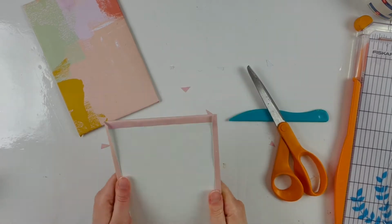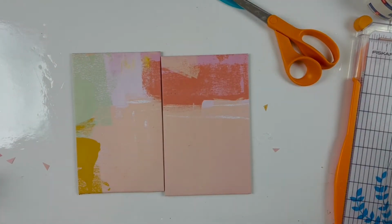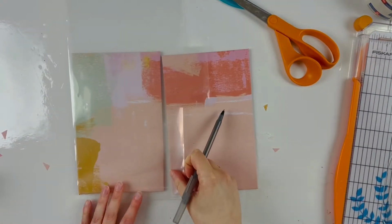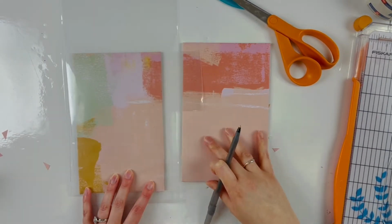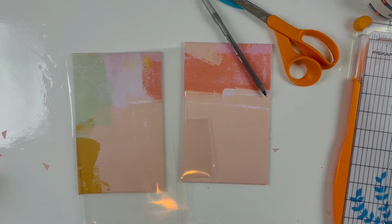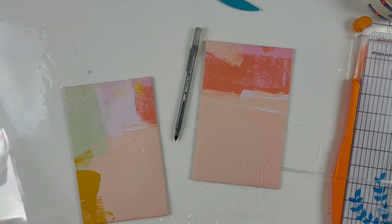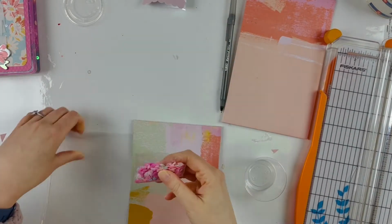And I have a sewing machine. I also have a fuse tool, but I used a sewing machine for mine, and just page protectors that I'm not using, because sometimes albums will come with a bunch of 12x12 page protectors and I don't necessarily use them all, or I don't do 12x12. So I just have page protectors laying around, and I sewed 3 edges, and then I'm going to use a sequin mix, which is from